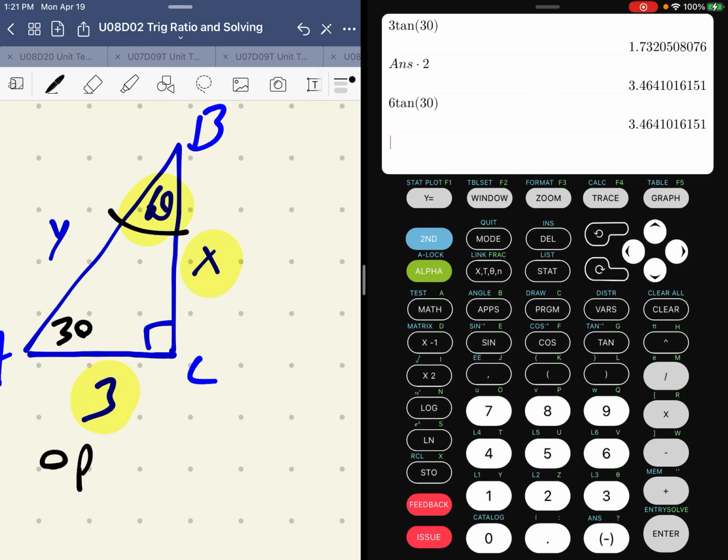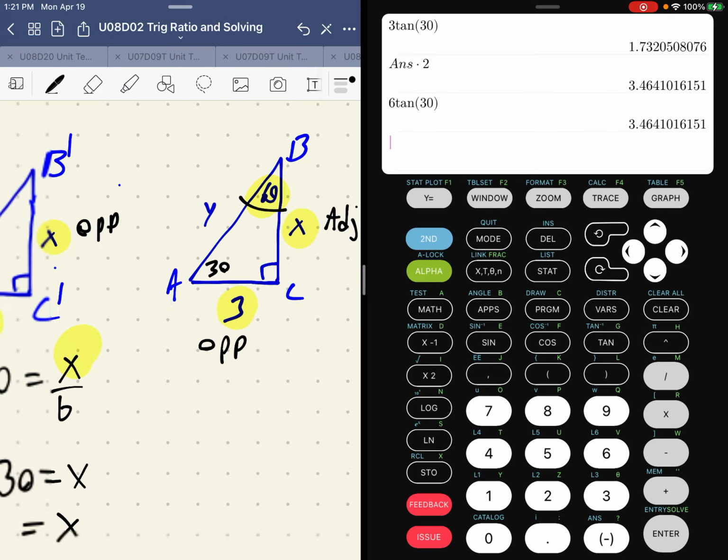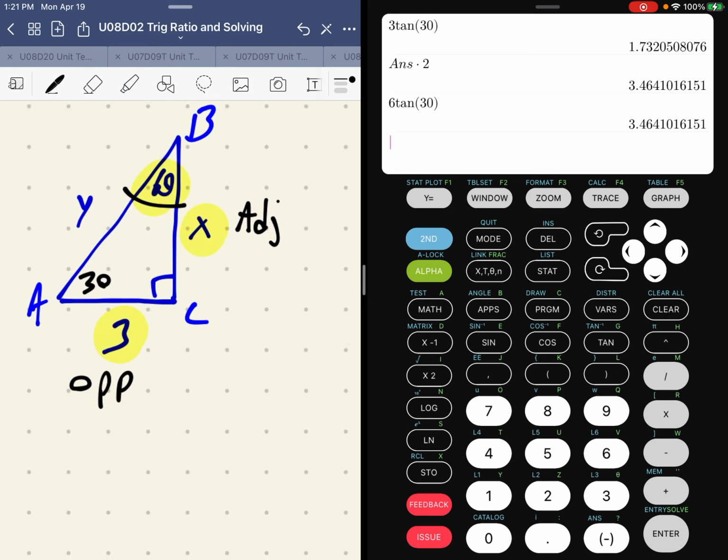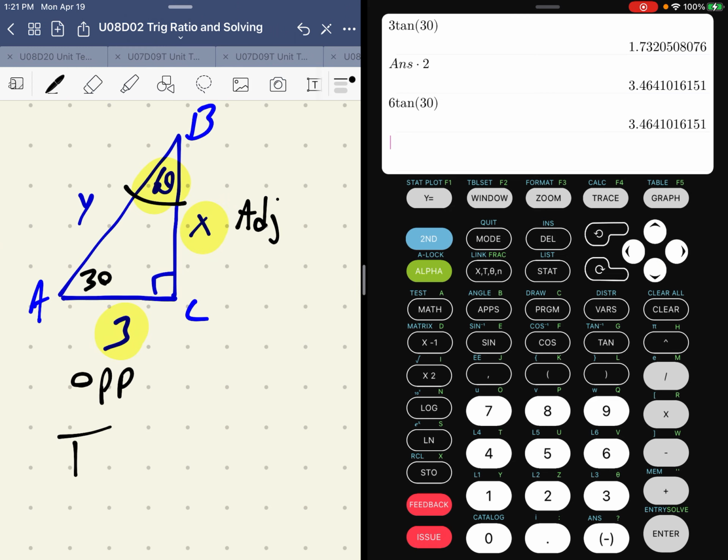Now from angle B, 3 is now going to be the opposite side, not the adjacent side. And we're still going to be using x, which is the adjacent side. So despite that in the previous example, I labeled the other one adjacent and opposite, I'm using a different angle, so it has a different label. Opposite and adjacent are still part of tangent, so we'll use tangent again. So the tangent of 60 degrees should be equal to